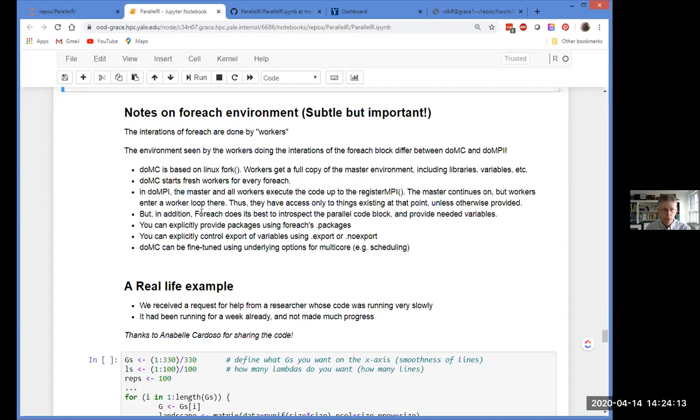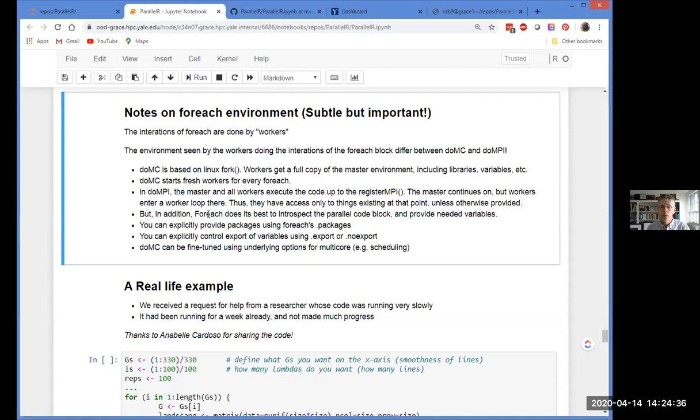Beyond that, you should be aware that foreach is invisibly to you doing its very best to introspect the code block in the foreach and figure out all of the things that show up there and to provide them to the workers. So in the case of doMC, there's nothing to do because the fork gives them all of that.